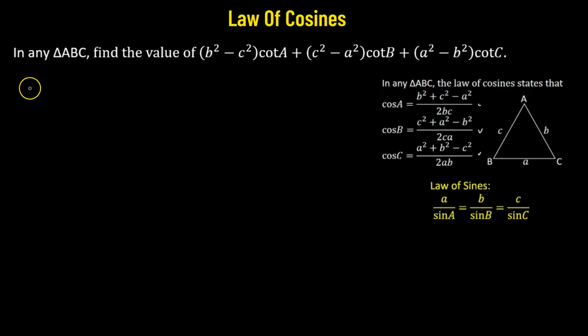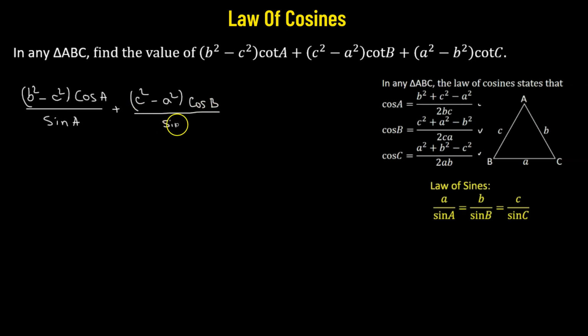So here we have b squared minus c squared times cotangent of A. We can rewrite our first term as b squared minus c squared multiplied by cotangent of A, and that is the ratio of cosine over sine. So we have cosine A divided by sine A. Then coming to the second term, we have c squared minus a squared multiplied by cotangent of B, so that's cosine of B divided by sine B, plus a squared minus b squared multiplied by cosine of C divided by